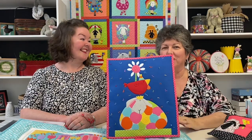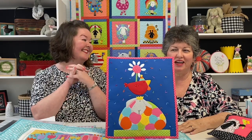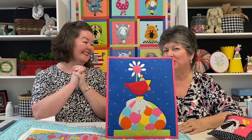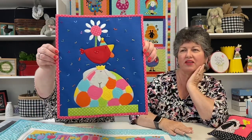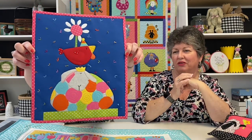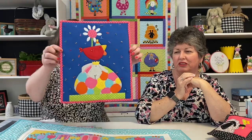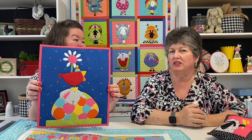For the month of April, it's called Party Animals. This is one of Amy's designs, and I just think it is so cute. I had so much fun making this, like I do all of her designs. The sheep has all these circles on it. Hold it closer for everybody. It has the little swirls, and then we have the bird, and we have the flower on top with pretty little petals. And I did something a little bit different as far as quilting for this one,